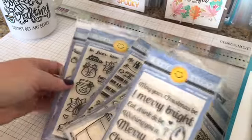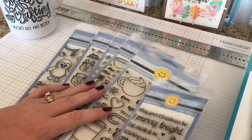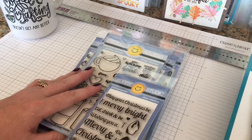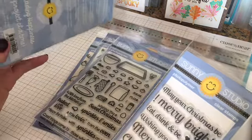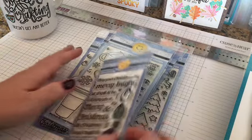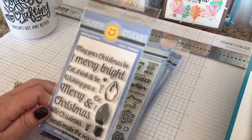Oh my goodness. No, no, no. Okay, well, they have a stamp set called Holiday Style that I'm dying to play with, and now I'm gonna go cry because I had it in my cart and I guess it sold out before I checked out because it's not here. I'll have to check my receipt, but yeah, I'm gonna go cry a little, I think, because I know it's sold out everywhere now, because it's so stinking cute. But anyway,